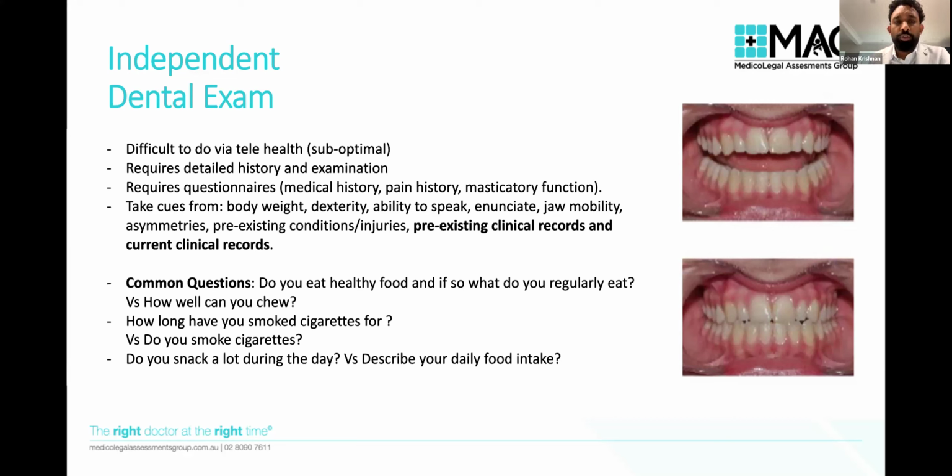We also take a lot of cues from things like body weight. So body weight is directly related to, or is a risk factor for things like obstructive sleep apnea, which could be the reason for a sleep disturbance rather than mental illness, for example. Sometimes the patient or the person might claim that they've got an issue with sleep that's been caused by a distressing incident, but it may be actually that their obstructive sleep apnea as a result of their central obesity is the most critical factor for why they're getting those sleep disturbances.